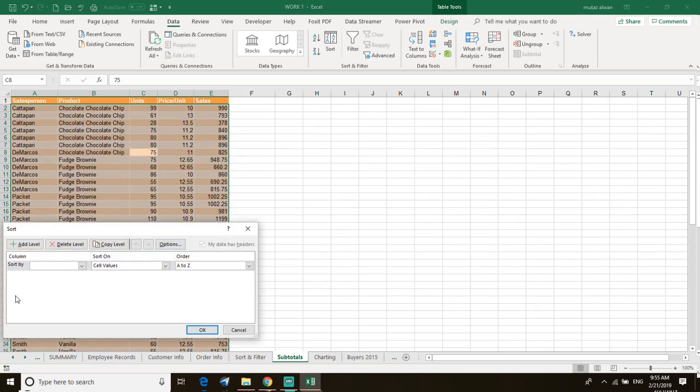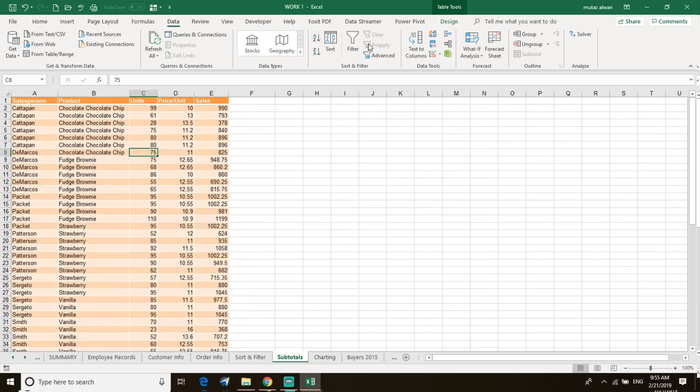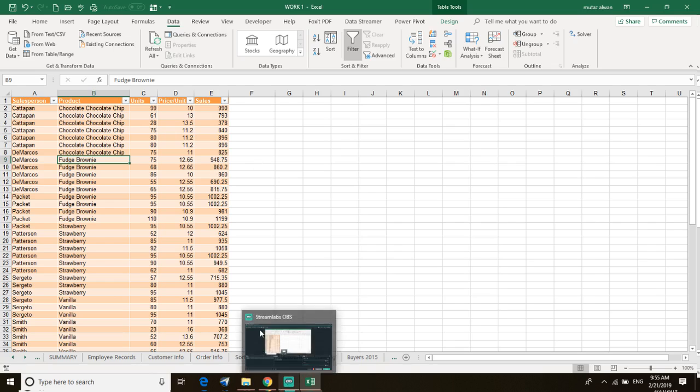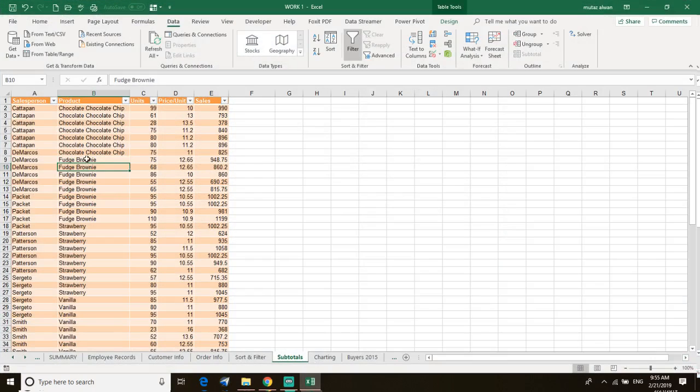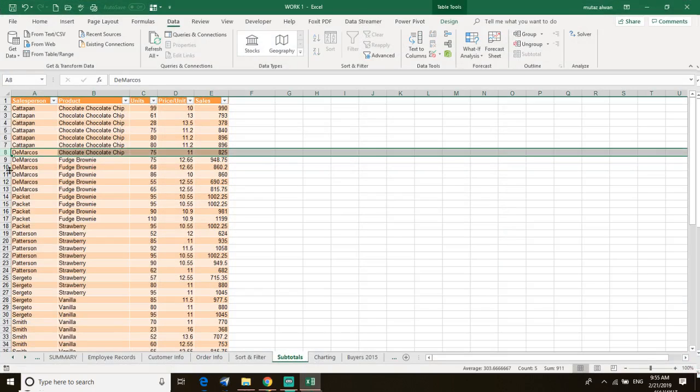This is how you sort it. This is how to filter it. Add filter to the headers. Or if you want to add subtotals, we forgot to talk about something, which is adding subtotals for, let's say here, I want a subtotal for